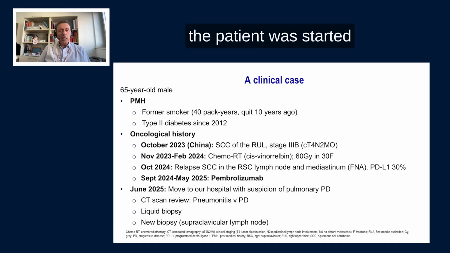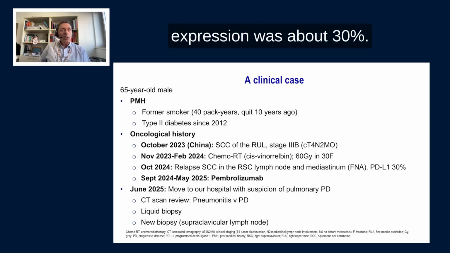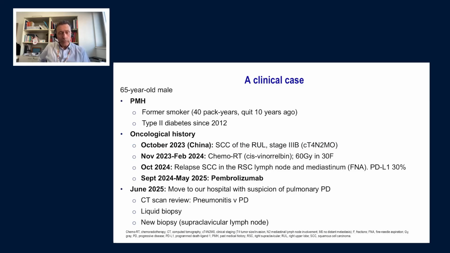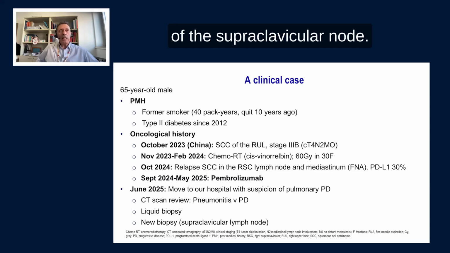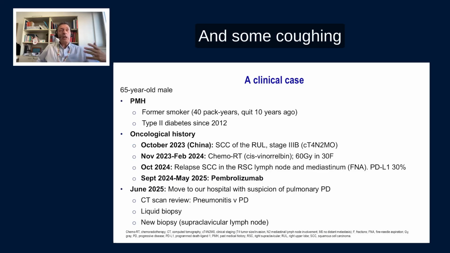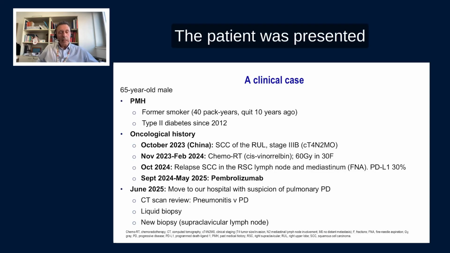With relapsing disease, the patient was started on pembrolizumab. Remember, at this stage, PD-L1 expression was about 30%. The patient was not improving in the way he was feeling. He didn't notice a clear improvement in the size of the supraclavicular node, and the coughing was increasing. The patient was presented in our hospital for a second opinion with a suspicion of progressive disease. The CT scan was reviewed in our hospital. We suspected